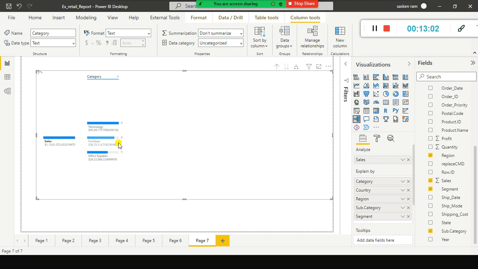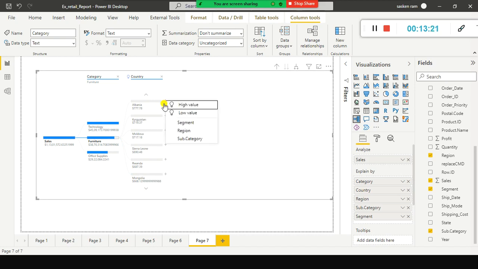And if you want to understand, for example, instead of using only the high value, in which segment we did not do well, this is the category and furniture. While expanding itself, we can see it country wise. So automatically it shows in which countries you are not selling well. If you go up here, you can see Sri Lanka and a lot of countries, right? If you want to know in detail, you can select this one further, and segment wise, region wise, subcategory wise, you can see it. Similarly for office supplies also you can do it.